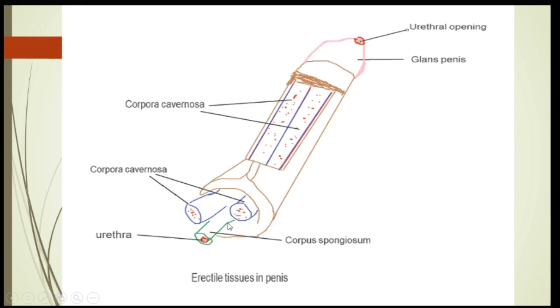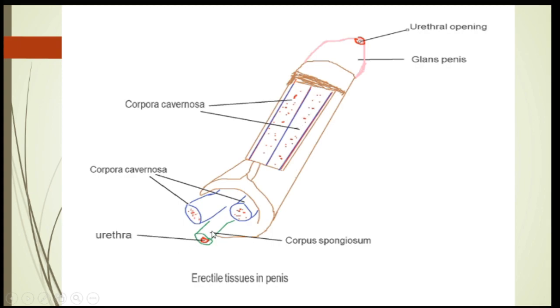Over here you can see, if we also cut the penis at this region, if we take a slice like a cucumber, here we can see this is the area of the root, and this is the region showing the glans penis. So suppose that we cut the penis like a slice at the region of the root. You can see the two erectile tissue columns over here. That is the corpora cavernosa. This is one corpus cavernosum shown in blue, and this is another corpus cavernosum, also shown in blue, passing like this inside.